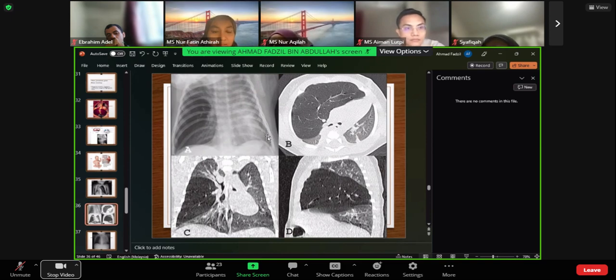You see the X-ray first. You see the heart being pushed to the left side. And then you can see the density is not the same. This side is a bit whitish, and this side is quite dark. And there is a nice margin here. The CT scan shows, this is a CT scan, can you see that is the normal lung? And there is something here, a lateral something, and then something here. This is called congenital lung emphysema, CLE.